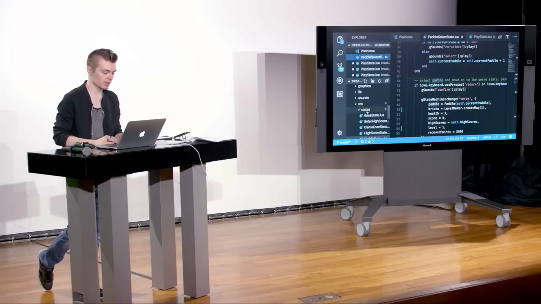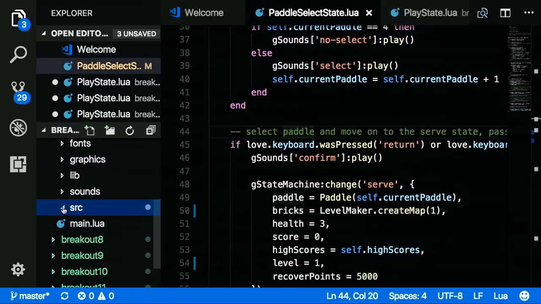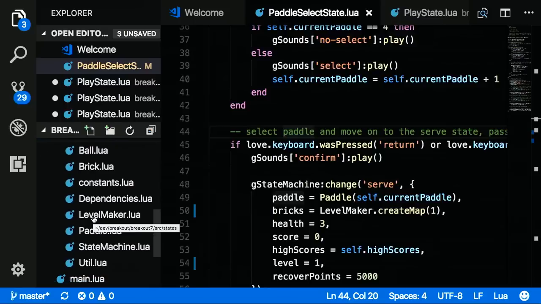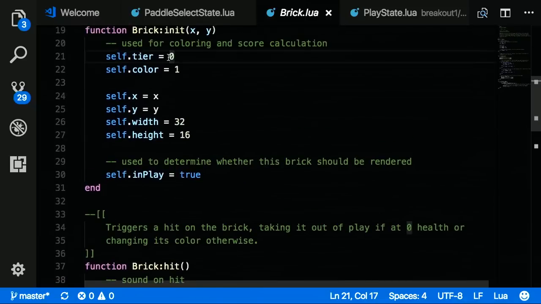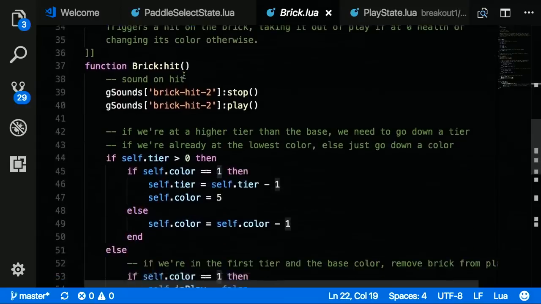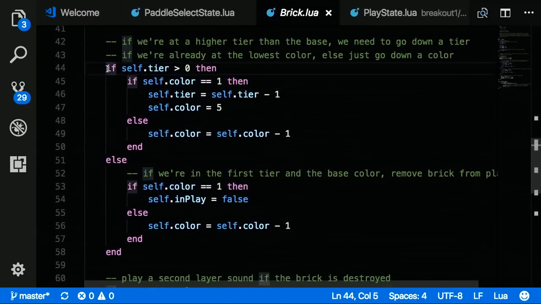So if we open up, I'm going to go up to Breakout 7, and I'm going to start probably deferring a lot of this code to future reading. But in brick here, the tier and the color, sorry, not the skin, but skin is for the paddle. But the brick has a tier and it has a color. And so we just need to perform some arithmetic on that here. And that's essentially what lines 44 through 58 is. So basically, oh,